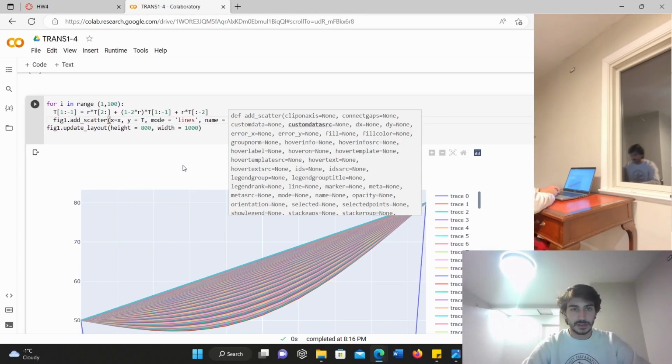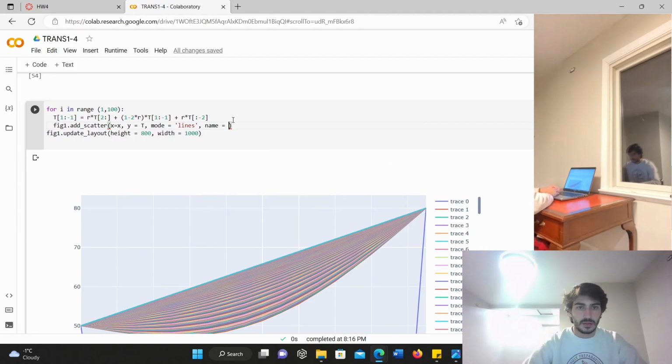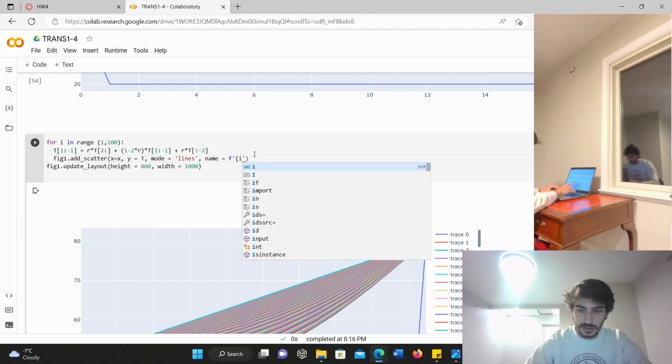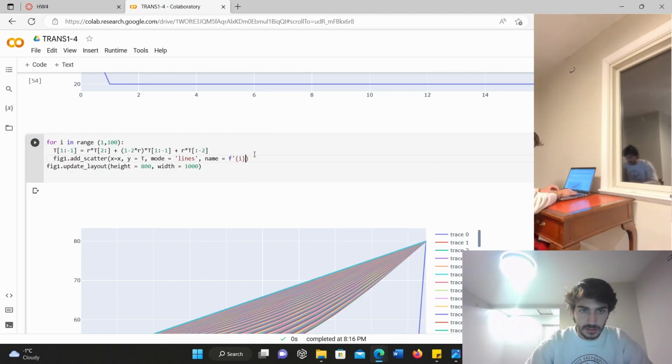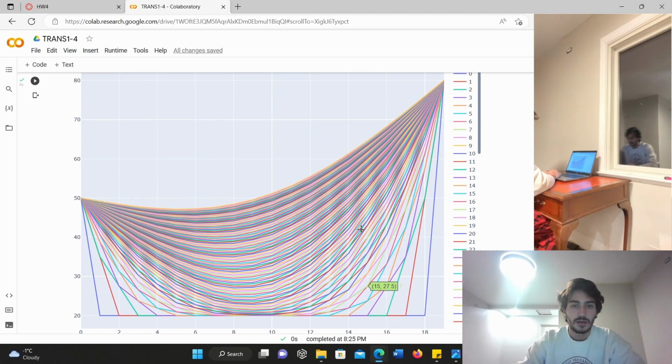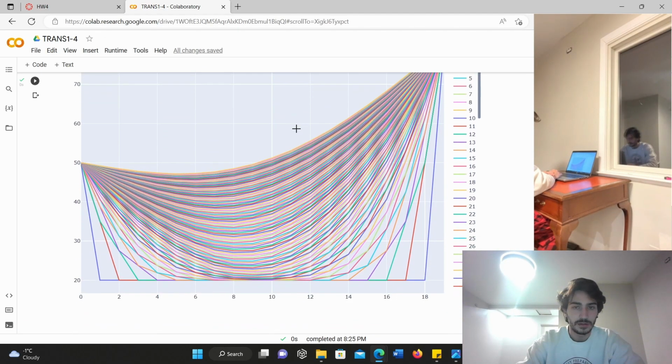What do we want to call this? So we want to name it a string. Alright, we want to see what it looks like. It might just be i. Alright, see what that looks like. Alright, so there we go, looking pretty good. However, this is a lot of